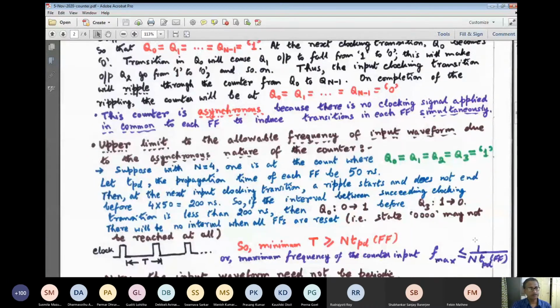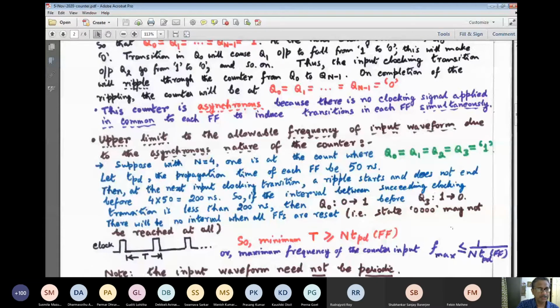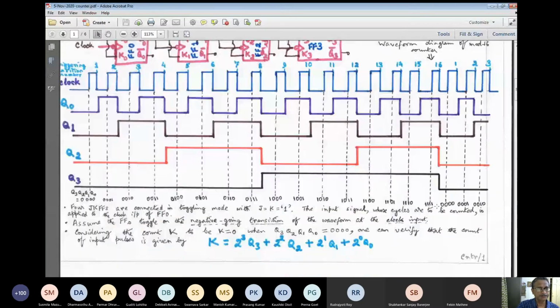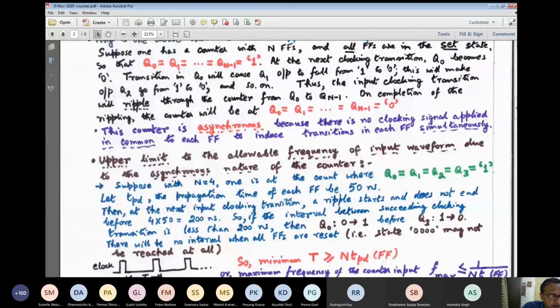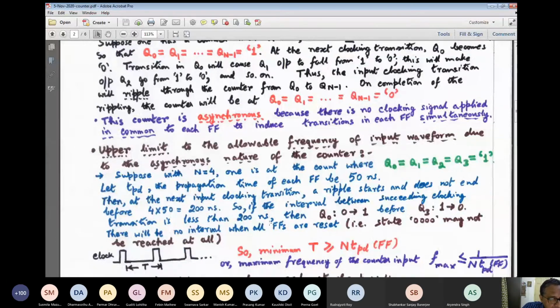But the waveform that you have drawn on the left side here, it's not symmetric, like the duty cycle is not 50-50. In the next slide, I think, on the lower left. Okay, yeah. So once again, Arinder, what do you point out? I said that this is not 50-50, right? The waveform you have drawn on the left side here is off for longer than it is on. So what is up with that?